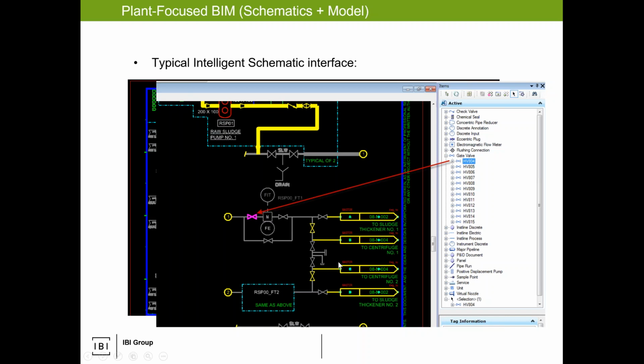There's also then little items that I didn't click on everything, but these things here, these could be, and I don't remember all the symbols offhand, but you can see this list here. You can have pipe reducers, etc., discrete inputs, electromagnetic flow meters. So there's all